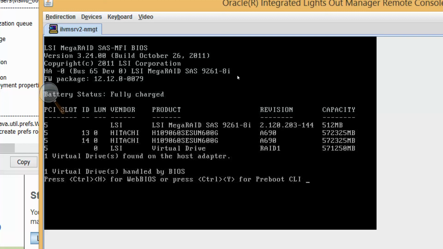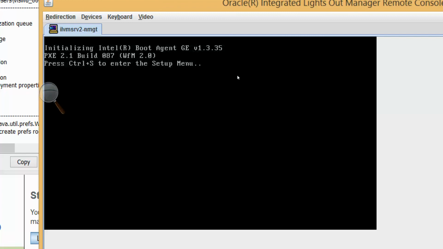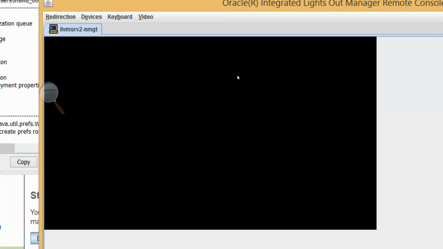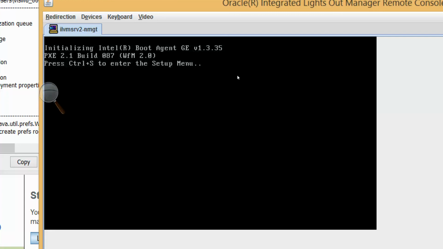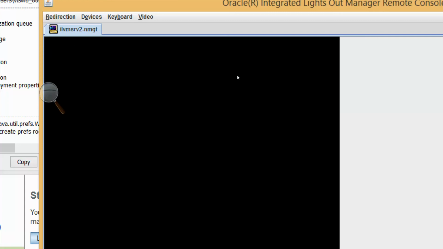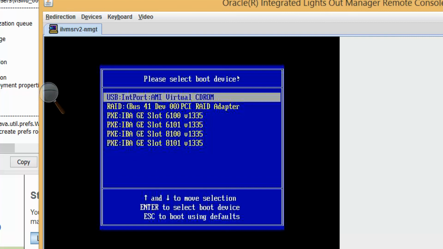If you do not hit the F8 key, then if there is already previously installed software, it will get into that directly, or it might error out. So to boot it from CD, you have to keep hitting F8.